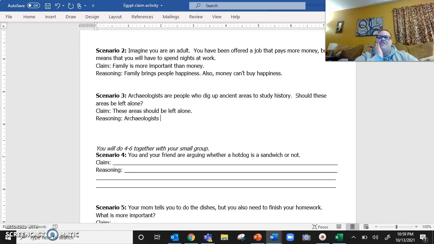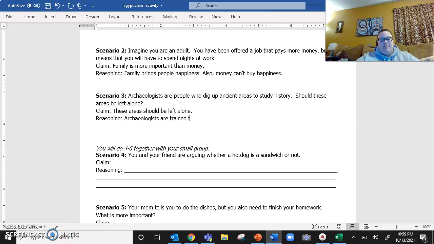It's better for archaeologists to do that than it is for me to do that, because I don't have the knowledge or the education to do that properly. And if I go digging something up, I'm going to use a big shovel and I'm probably going to mess up some artifacts. And that would be very, very sad, because if I mess up the artifacts, then we lose that history. So I'm going to say my reason for thinking these areas should be left alone is that archaeologists